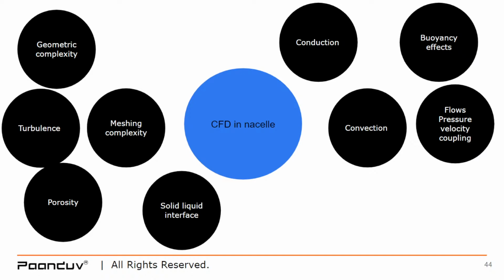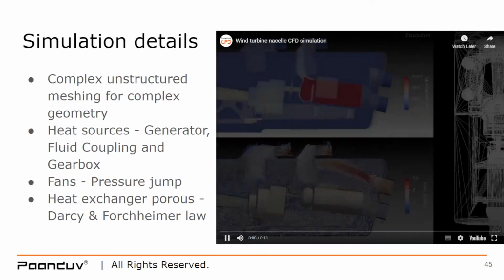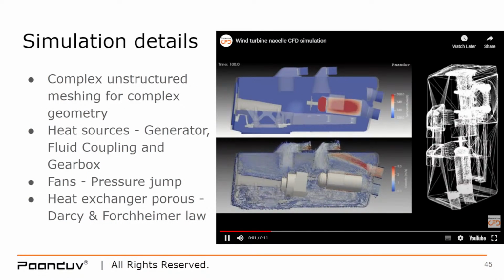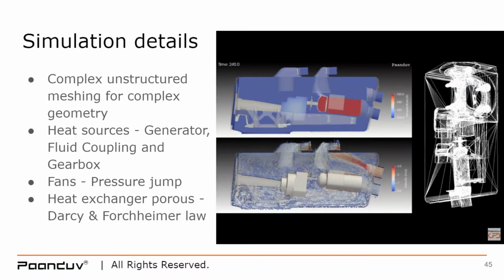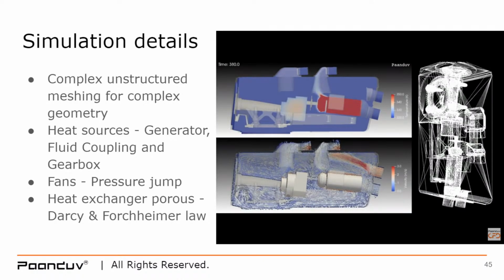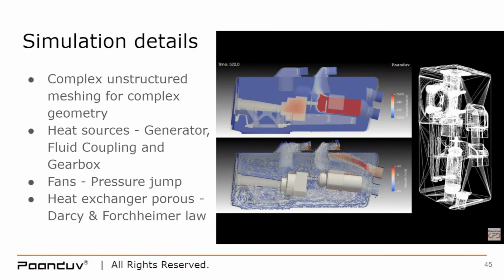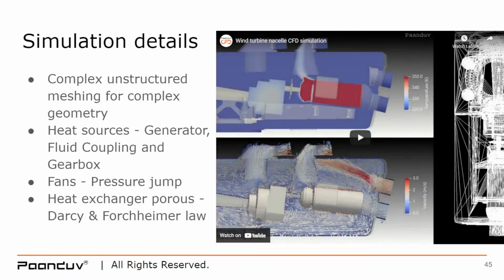Again, especially I want to highlight geometrical complexity and the meshing complexity that goes into simulating such systems, and you will be able to appreciate this more with this video that you see of the rotating part. It's a very complicated CAD file, and we have covered all the components of this. So we have used complex unstructured meshing for complex geometry. We have used heat sources. So a generator, fluid coupling, and gearbox are heat sources. Fans are used as pressure jumps. And then we have a heat exchanger which is porous in nature, and Darcy and Forchheimer law is used to